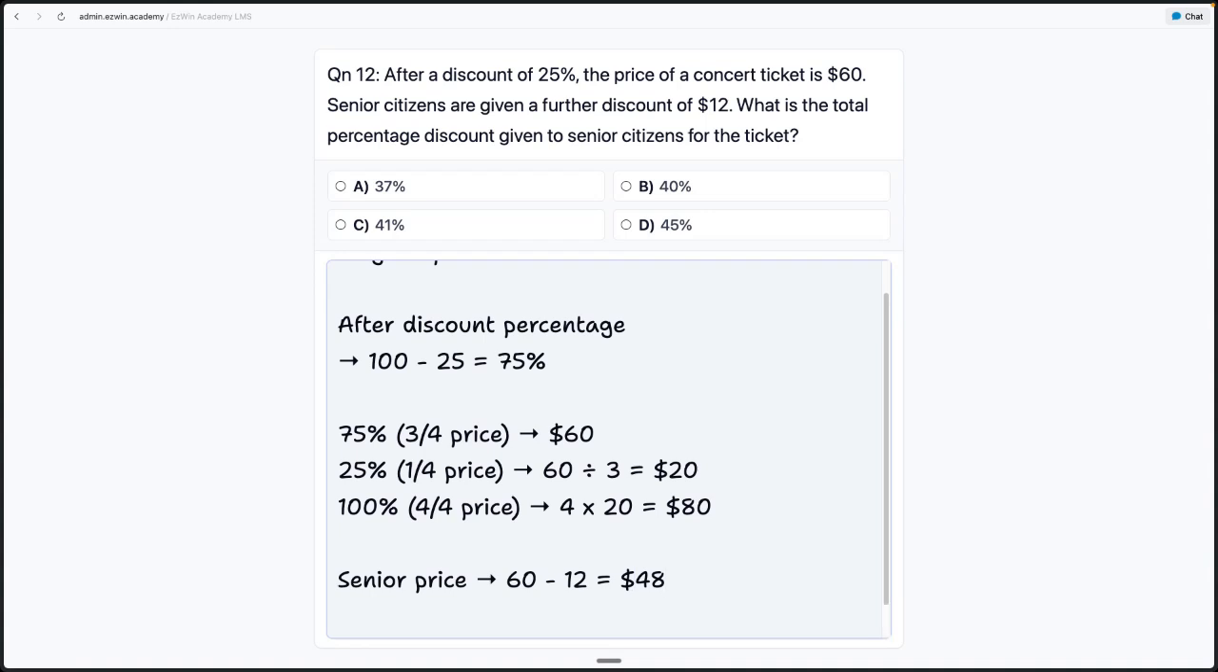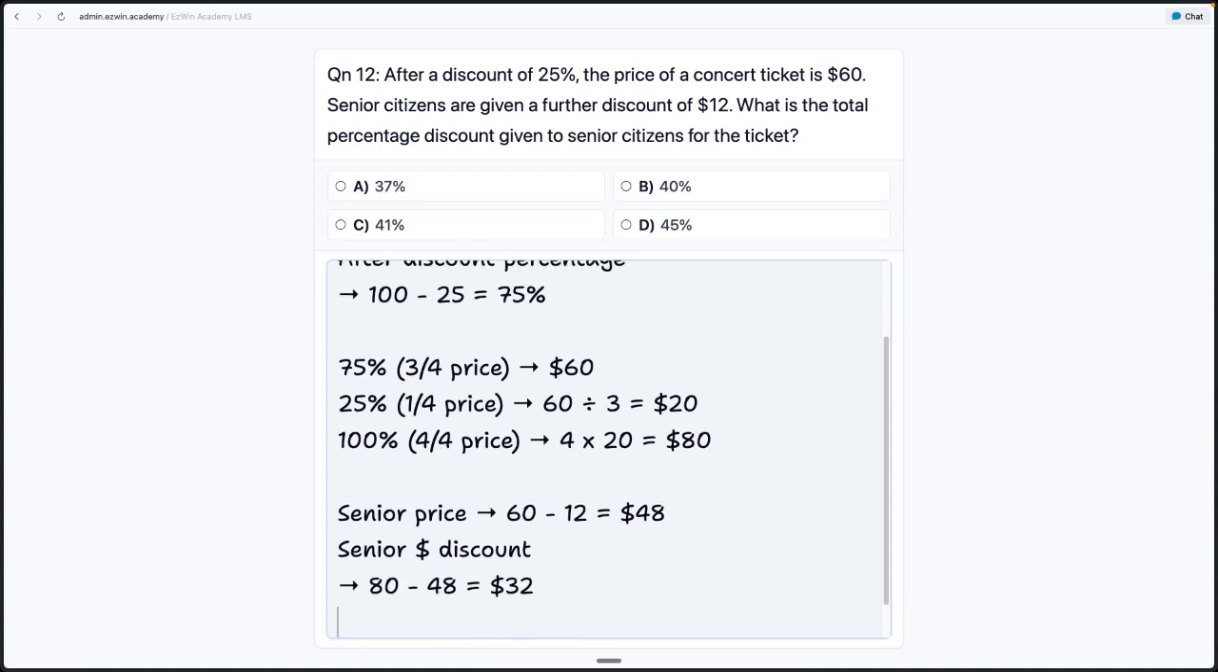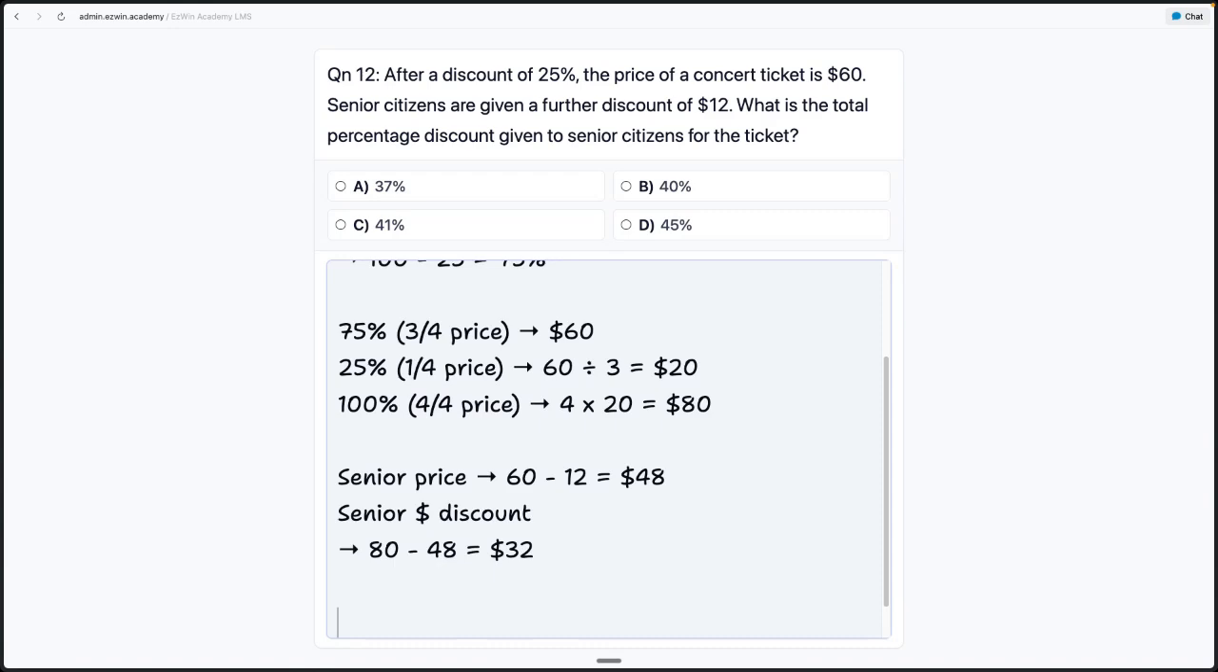So that means the senior dollar discount is equal to 80, which is the original price, minus the senior price, which is 48. And this will give us $32 in this case. Okay, so now we know the senior discount price. Now we can finally get the percentage discount given. So the total percentage discount for senior